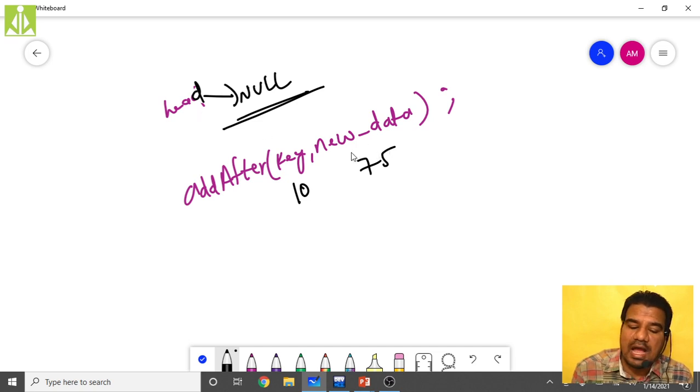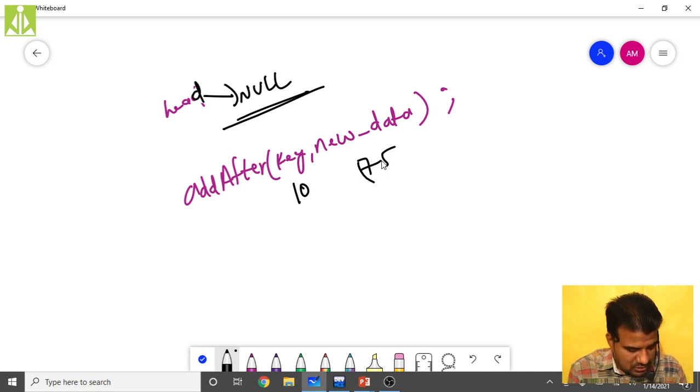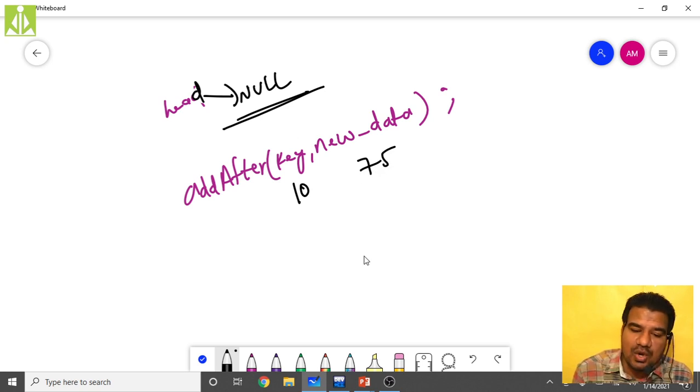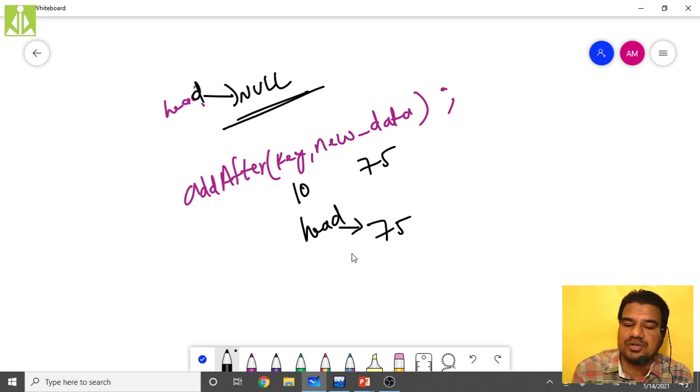So what I do, I will add, okay, let me just check what I am doing over there. Add after. Yes, I am adding this 75 as the only node. So what I have to do is 75, and your head should point to this 75, like this. This is case 2. Case 3 is also there. So let us see.